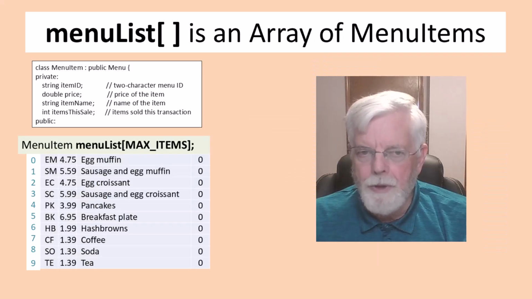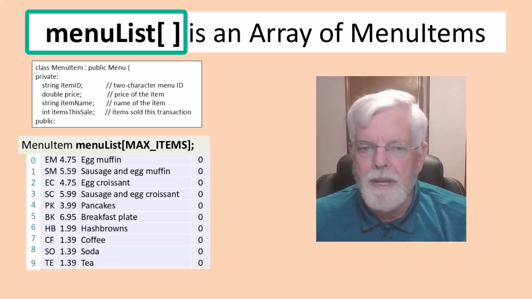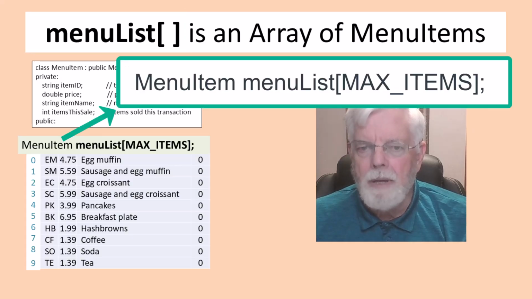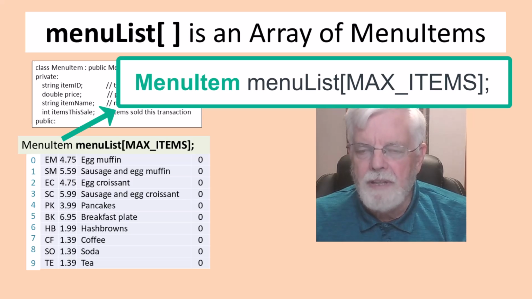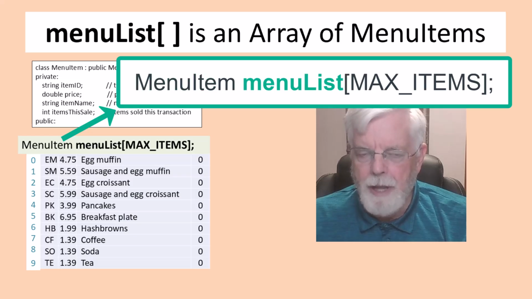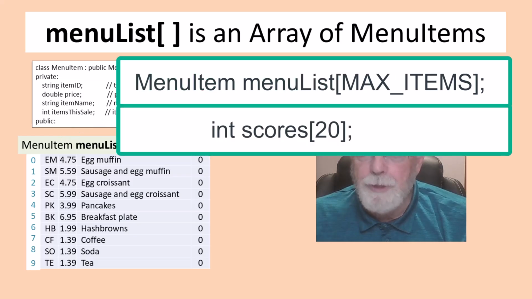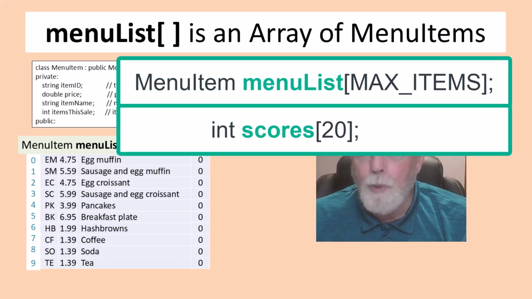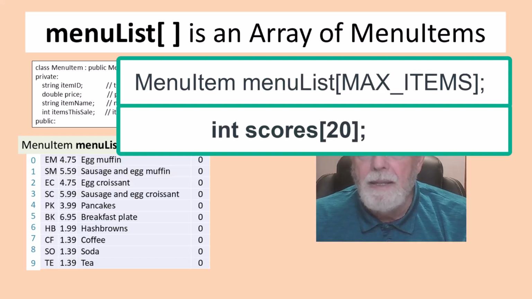Now that the structure for an individual menu item is defined, an array named MenuList can be declared by MenuItem MenuList[MAX_ITEMS]; MenuItem is the data type and MenuList is the name of the array. This is similar to declaring an array of integers named scores, where int is the data type and scores is the name of the array: int scores[20];